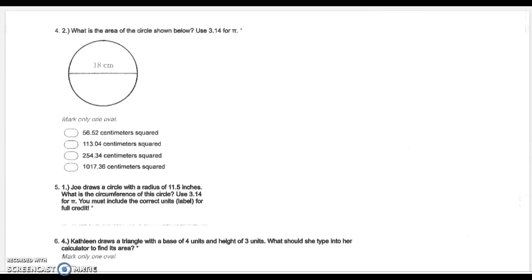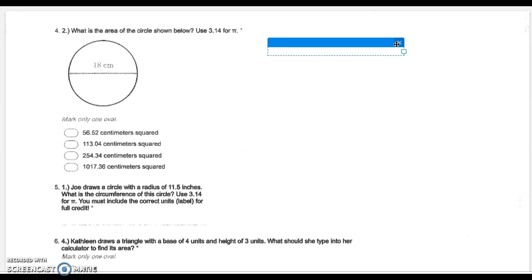I just wanted to go over some of these questions from today's Activity 1617 quiz that you guys took. If you look at the first question, it says, what is the area of the circle shown below? Use 3.14 for pi. When you see the line go straight across, they're giving you the diameter. Since they are giving us the diameter, we have to divide that diameter in half to get our radius so that we can put it in our formula, which is pi times radius